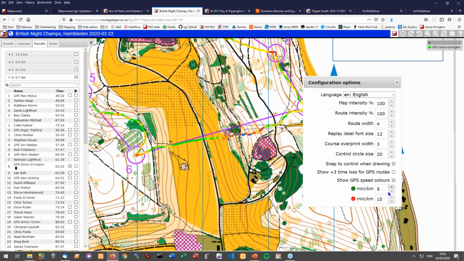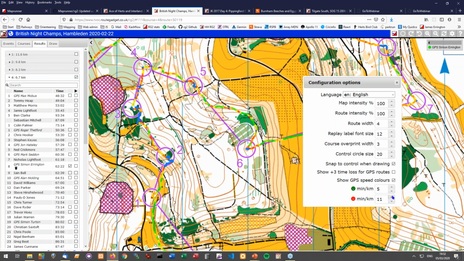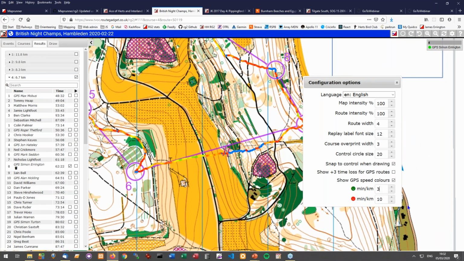One of the nice things is that if you want to be a bit harder on yourself, you can say, oh no, actually tell me where I was going. I can adjust this in real time. So show me where I'm going less than 10 minutes a K, and more blue will emerge. If I go back to 15, you can see the blue disappears. If I go to 10, the blue comes back. And similarly, you can take this down further. I think I'll take it down to 3. I'm not doing 3 minutes a K in many places down that hill, getting closer.